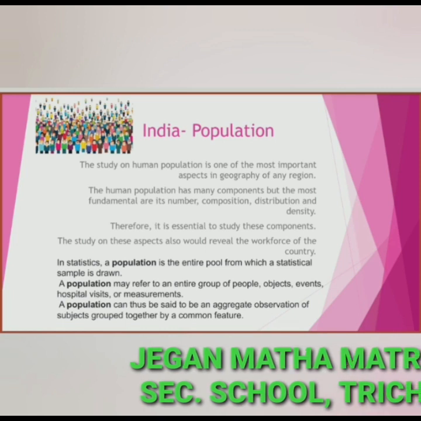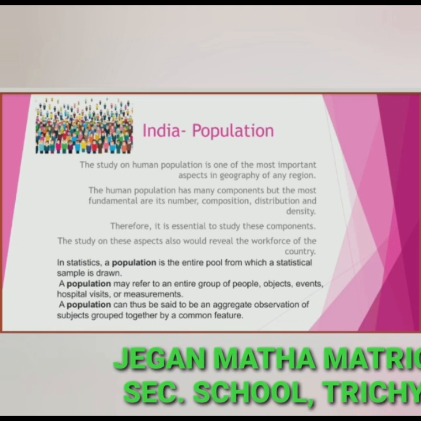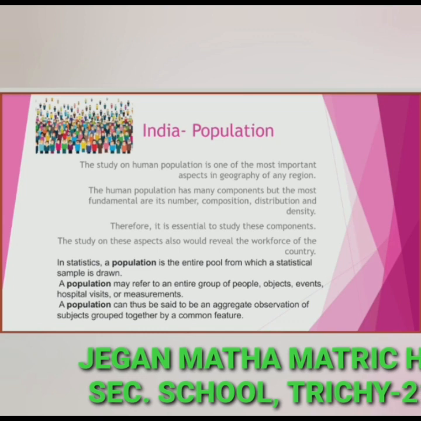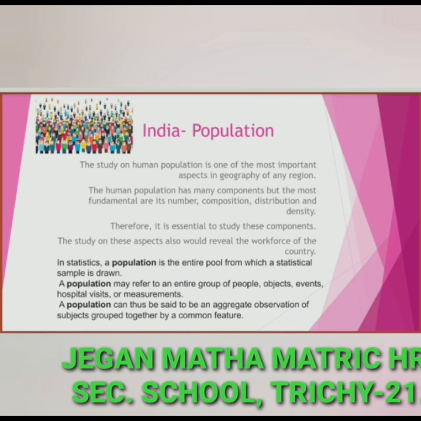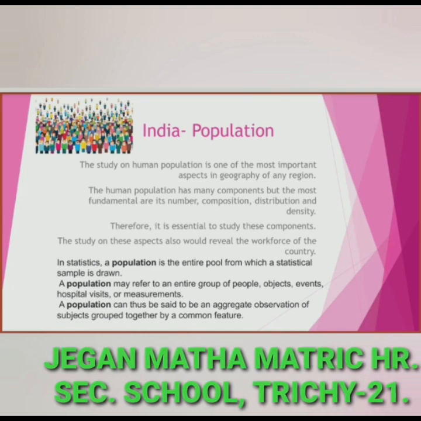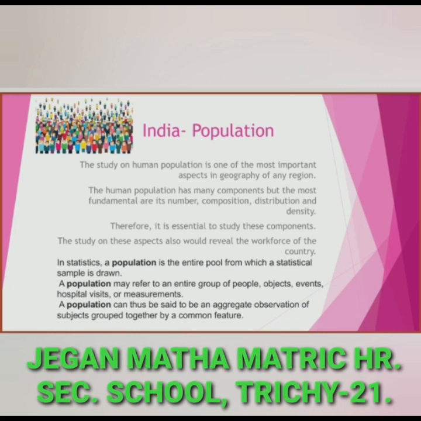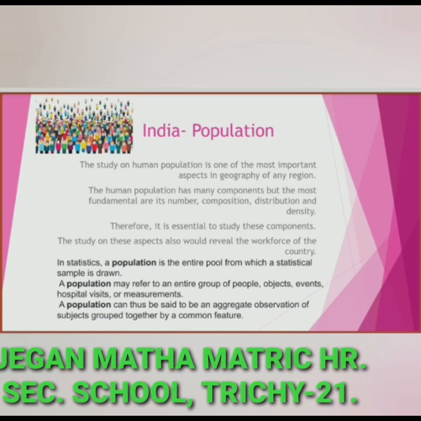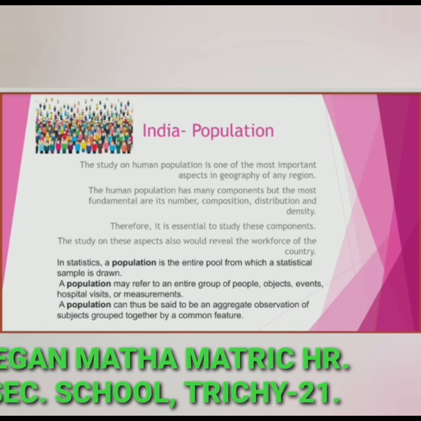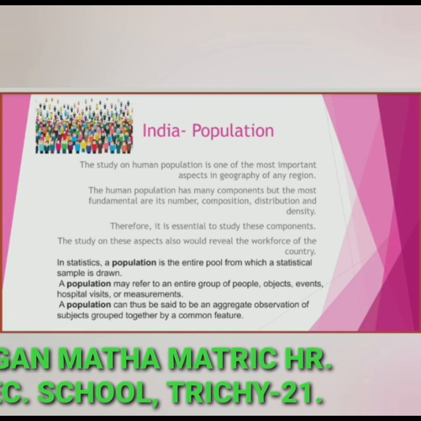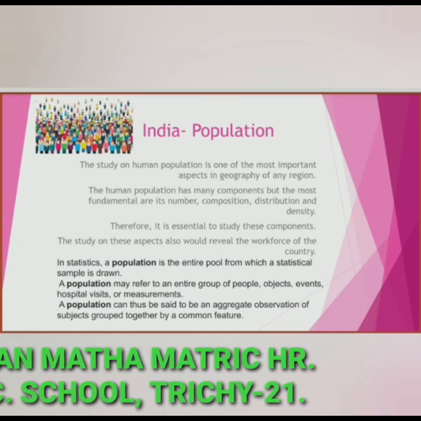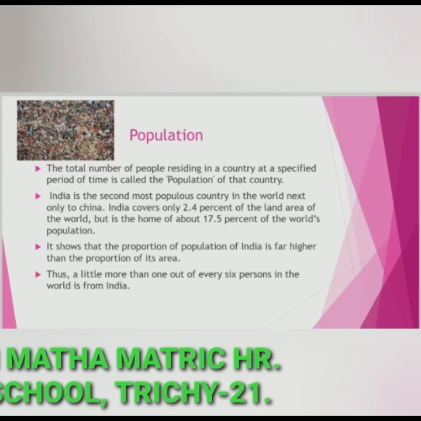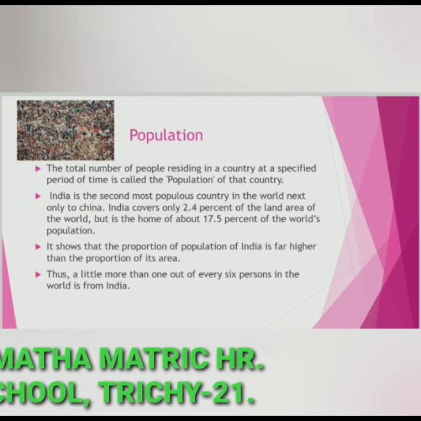In statistics, a population is the entire pool from which a statistical sample is drawn. A population may refer to an entire group of people, objects, events, hospital visits, and measurements. A population can thus be said to be an aggregate observation of subjects grouped together by a common characteristic. The total number of people residing in a country at a specified period of time is called the population